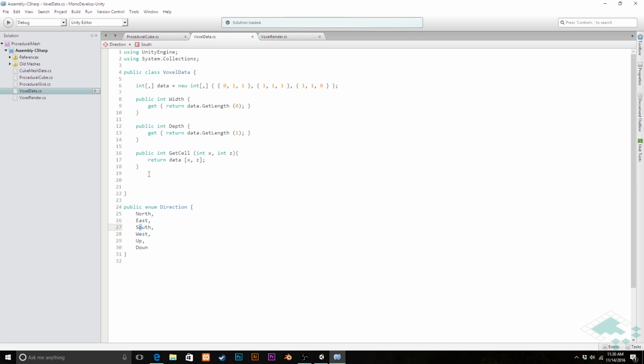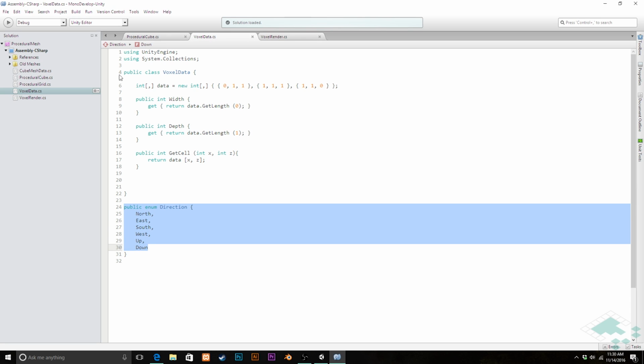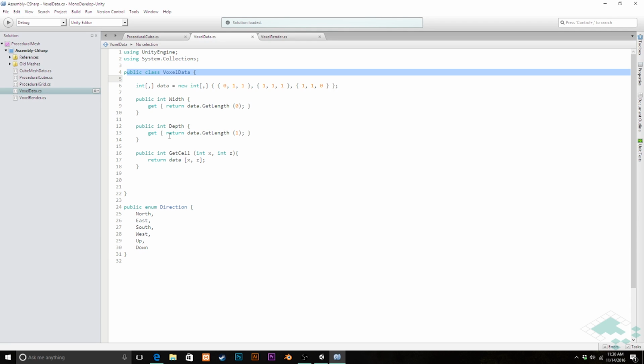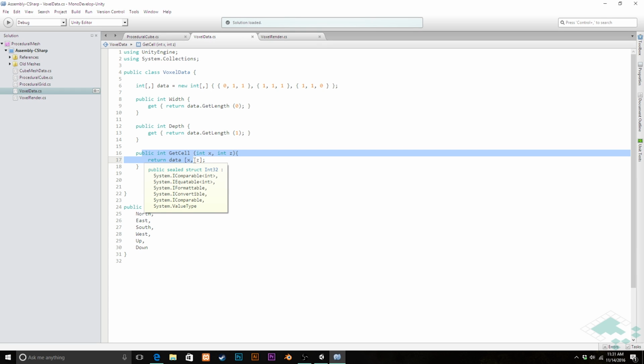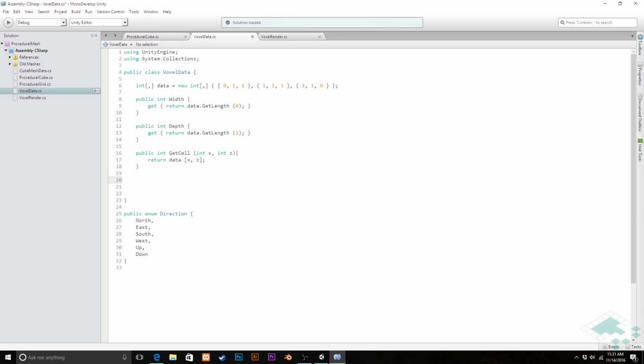Save that quickly. The nice thing too is that because this is outside of the voxel data class, we'll be able to access that when we're making our procedural voxel, rendering our voxels out without having to dive into the data every time. Next thing we are going to build actually inside of our data class, and that's because this is going to be when we're looking at cells, we're also going to be able to look at our neighbors. So we're going to do that here, and we're going to actually create a public